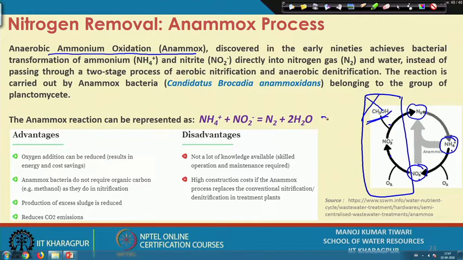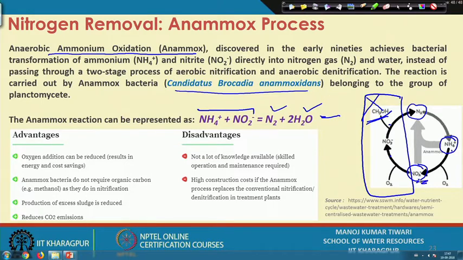It is actually the Anammox bacteria, Candidatus Brocadia anammoxidans, that is used here, and this reaction is something like this. So, ammonia will react with the nitrite and form nitrogen and H2O. This process has several distinct advantages. Okay. The oxygen addition can be reduced because we are not going for complete nitrification, we are just going for